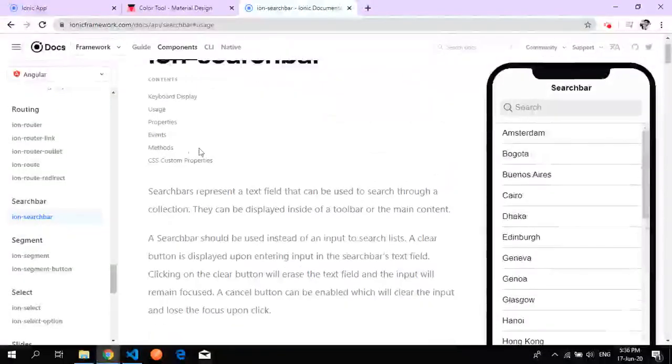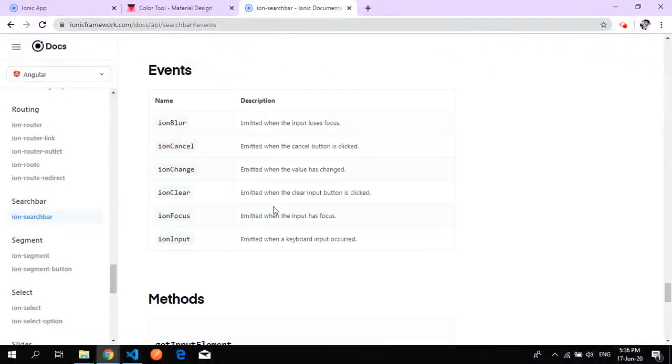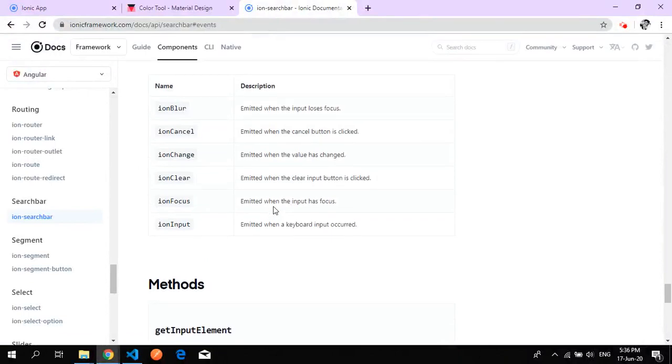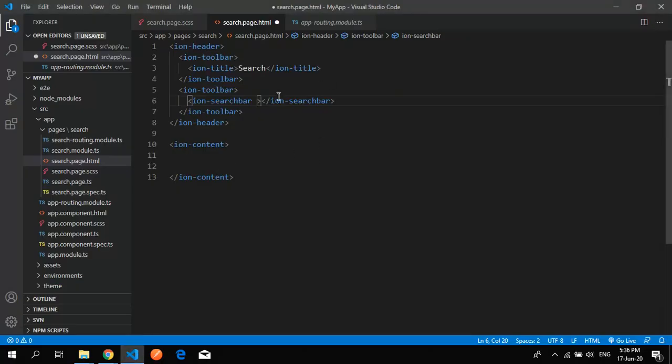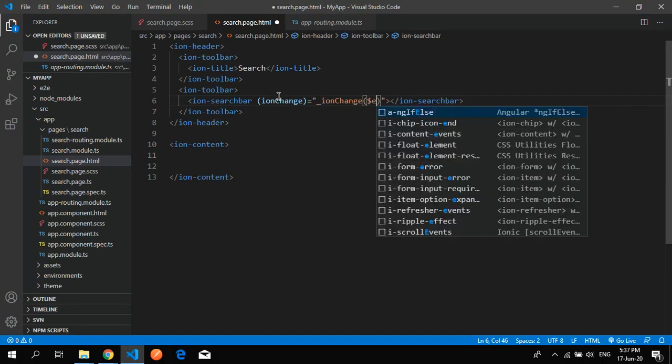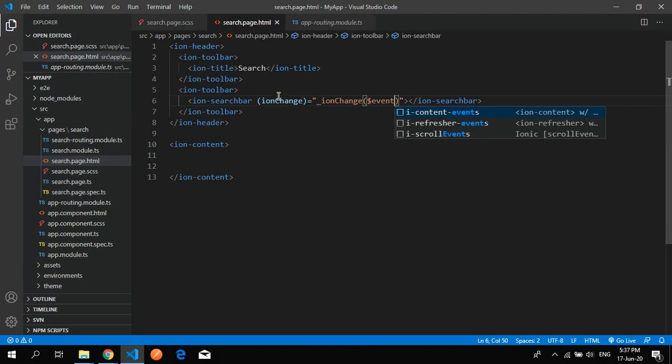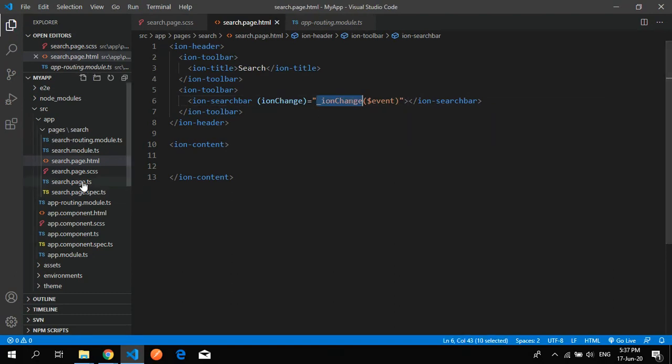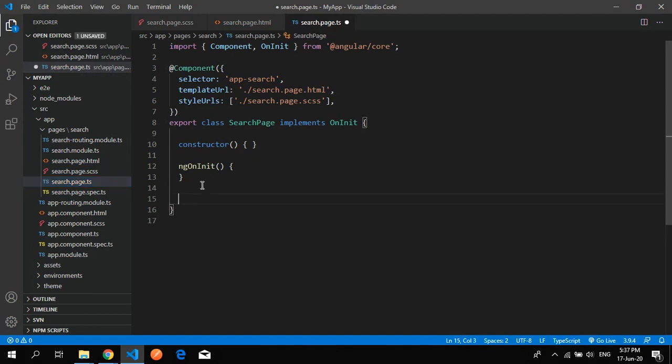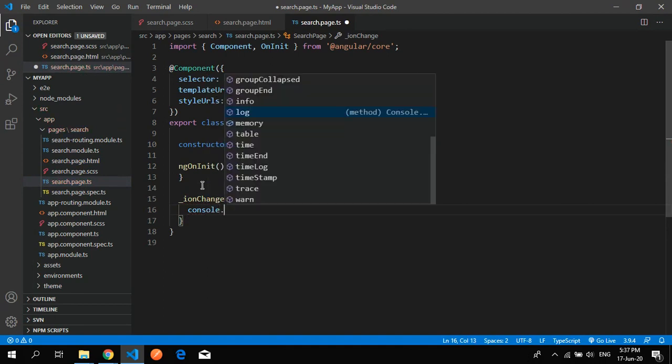Okay, so now let's go to events. Okay, where we can collect the ion search text whenever it is inputted. So for that we use ionChange. Okay, so here we write the ionChange like this, and we make the function with the name underscore ionChange, and pass the event over here. Okay, and now copy this function to the TS file,